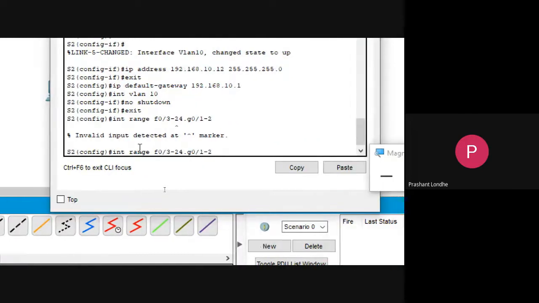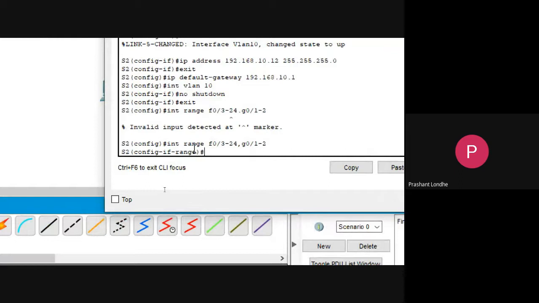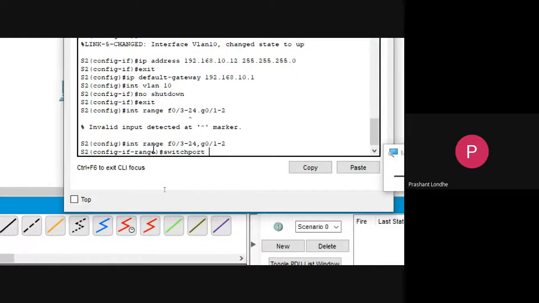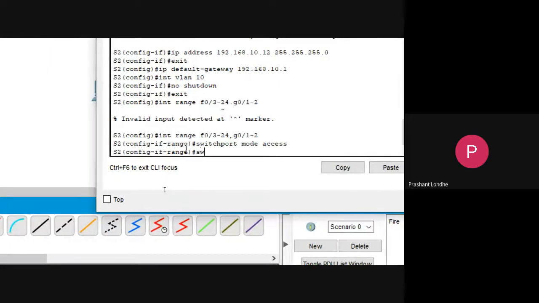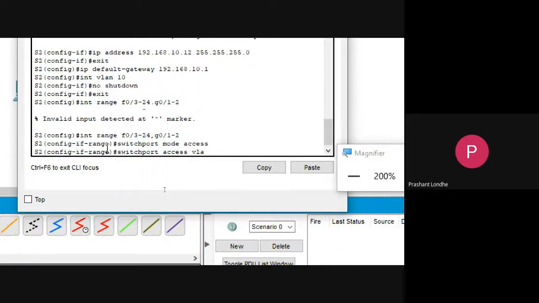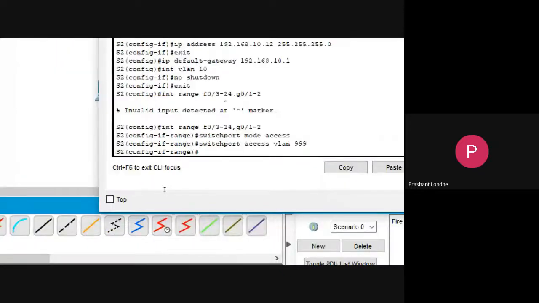Okay, I just gave a dot over here. It should be a comma. Then define again switchport mode access, and switchport access VLAN 999 and shutdown.